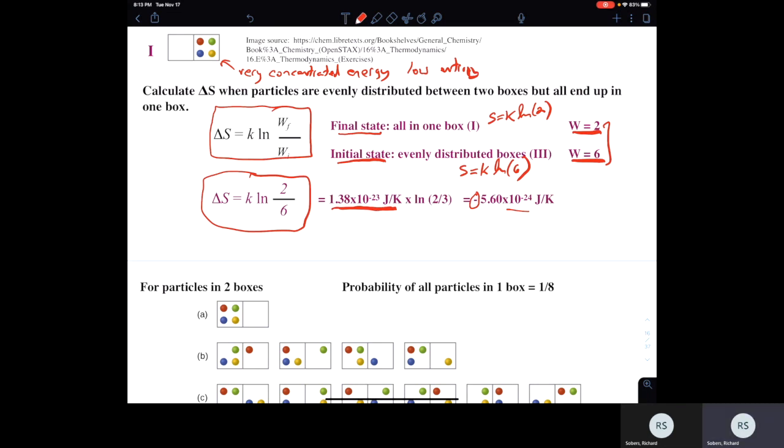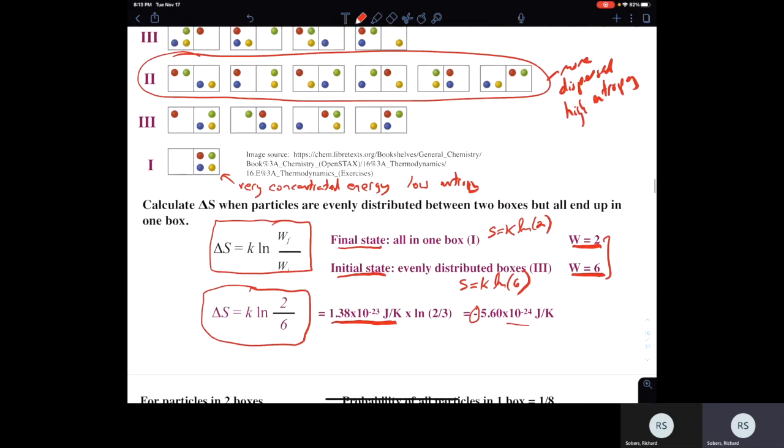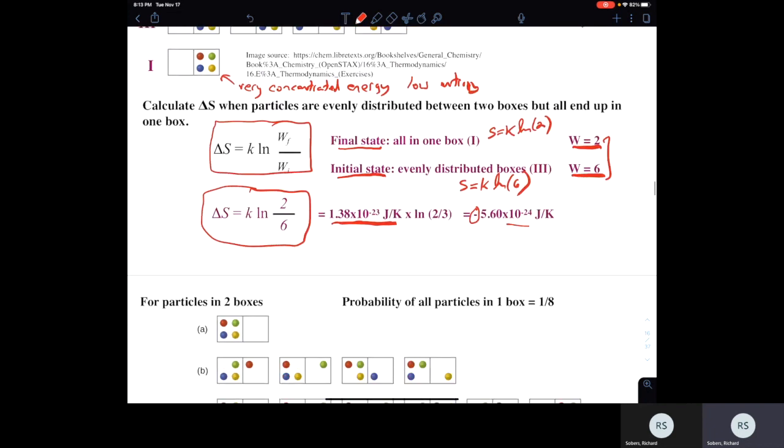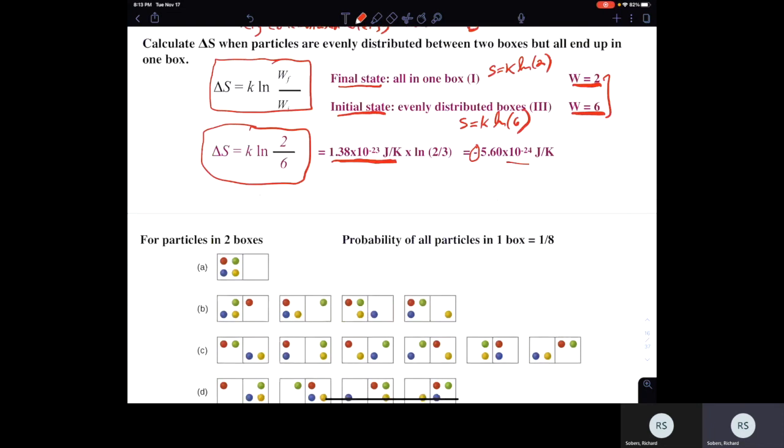Normally, we'd have many more. We'd have, instead of just two boxes, a large volume with many, many, many boxes that require statistics to actually do this. But anyway, this is a very small number, but that's